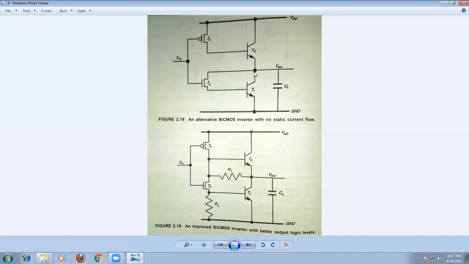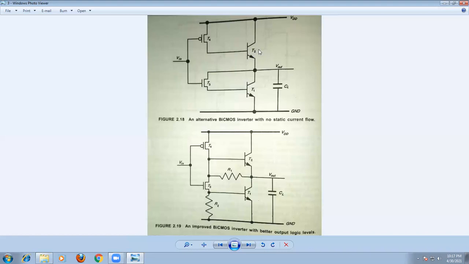But the second condition, when the transistor T2 is off, there is some amount of charge in the base, so that cannot be discharged. Again it will take a very long time. To turn this transistor on again, we have to wait to remove the charges.